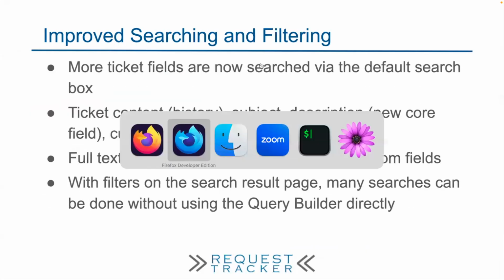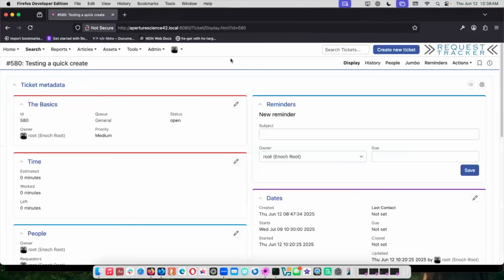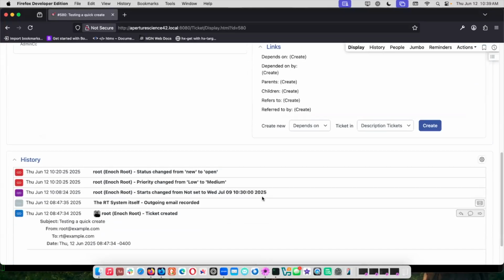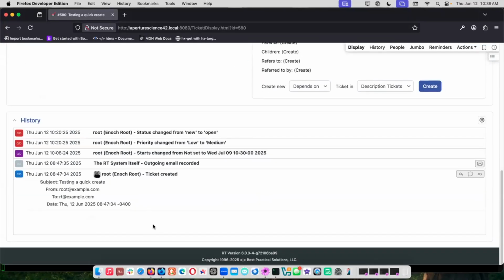So, search and filtering. This is the great question that came through before. Previously, this is referencing the search box up here, which is everywhere in RT pretty much. What we've done is we've added a lot more fields for it to search. Previously, it searched the content of tickets,